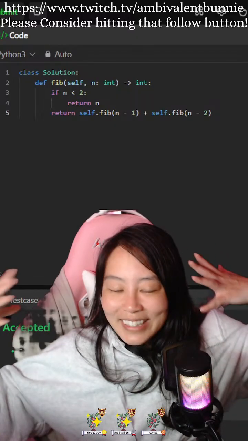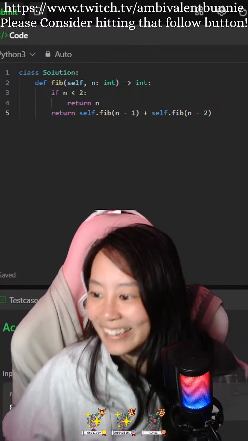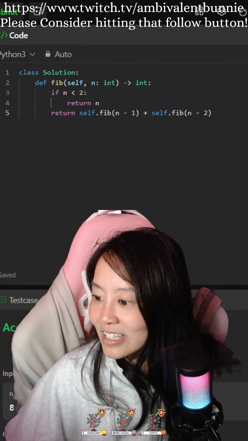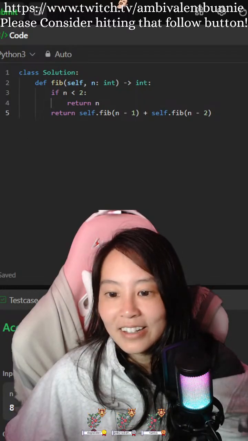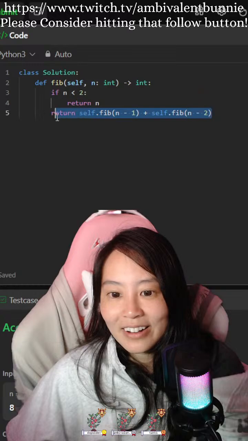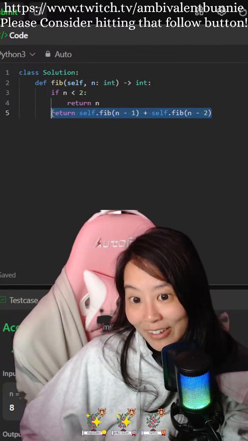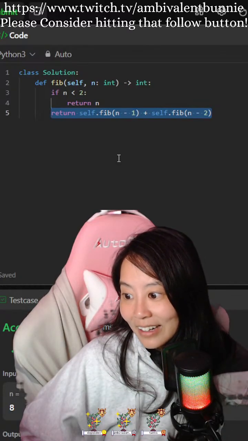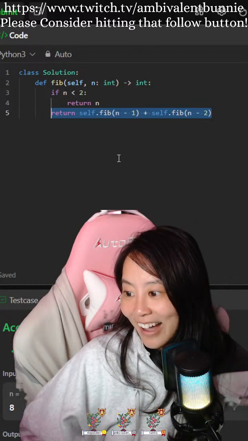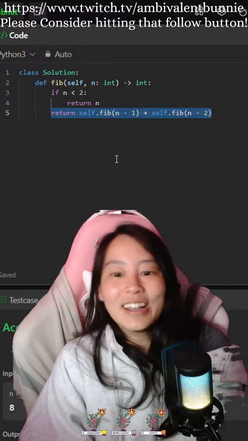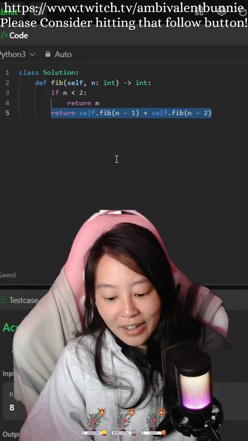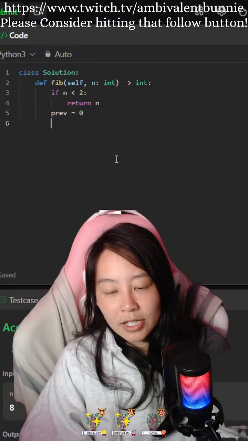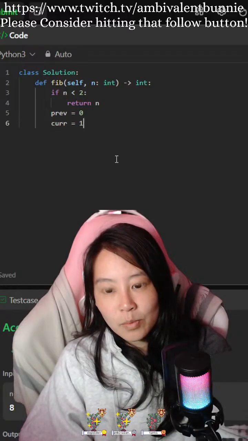So, that's what I was doing originally. Okay, so work from the other way. I did have it working from the other way, which was previous and current. I've never heard it pronounced not deck. Okay, so I had prev equals 0, cur equals 1.